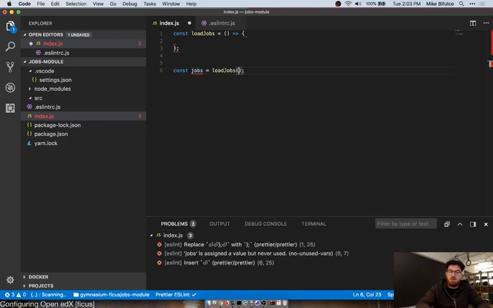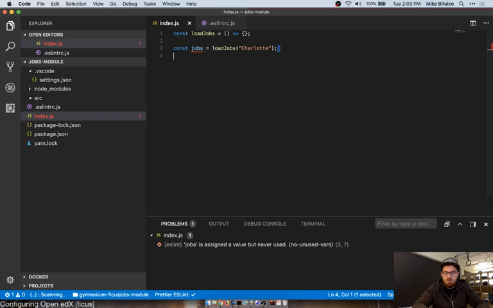So this is basically what I want to run. Something like this that will turn my request for jobs, load jobs, into an array that gets stuffed into this variable. Whoa, look at that, that's going to take some getting used to. I just hit save and it formatted everything for me.